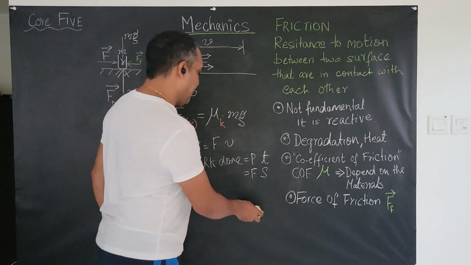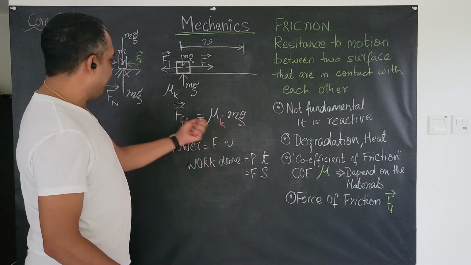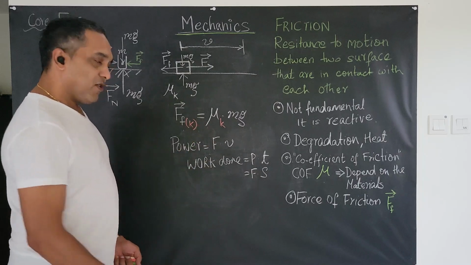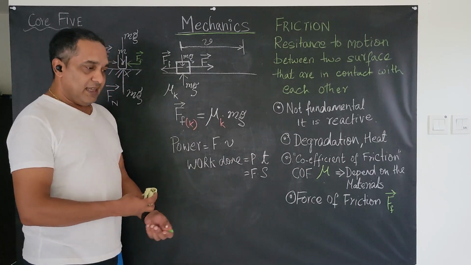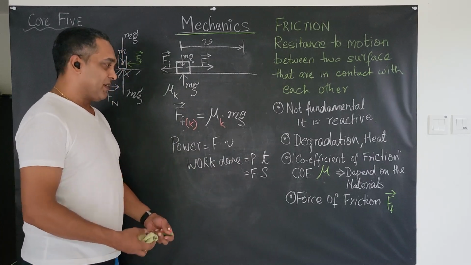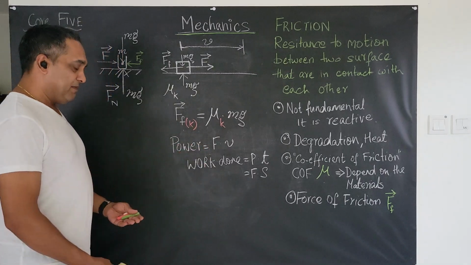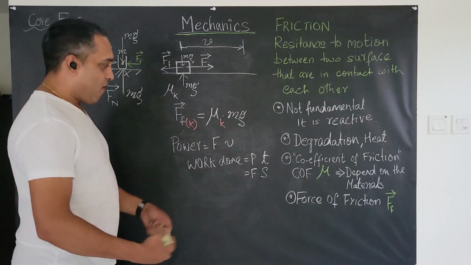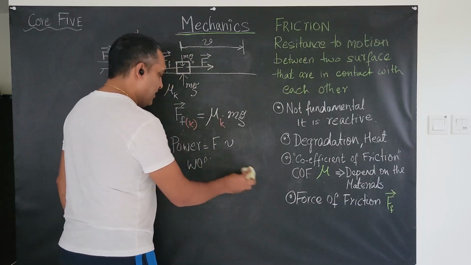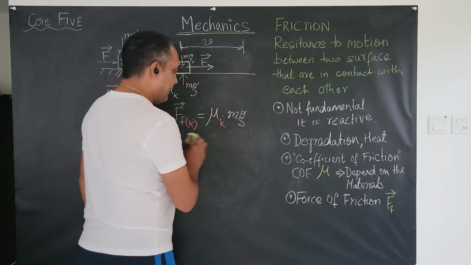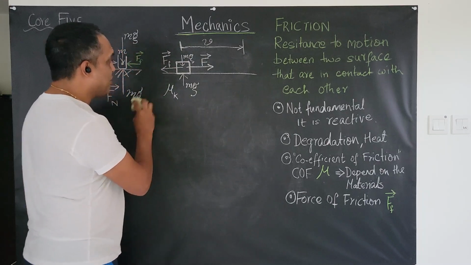So now let's get to the interesting part. You ask, okay, so what is this coefficient of friction? You keep bringing that in. Well, the coefficient of friction, again, is material dependent, depending on the surface, so wood on wood versus glass on glass versus sandpaper on sandpaper, ice on ice, or glass on ice, all could be different. And how does one get to understanding the coefficient of friction? It is experimentally calculated, really, but in order to do that, let's